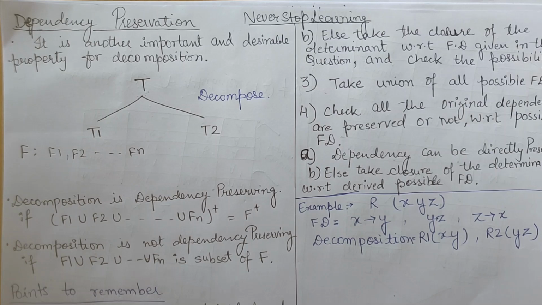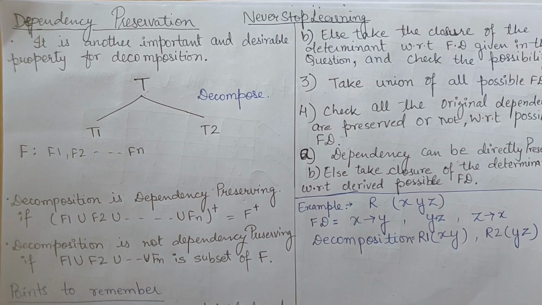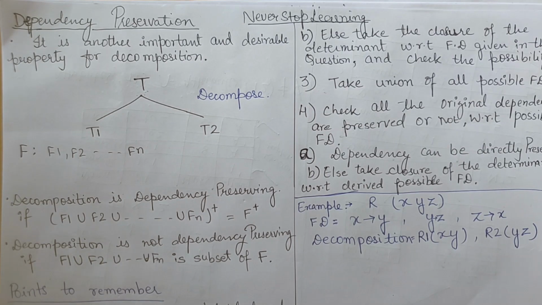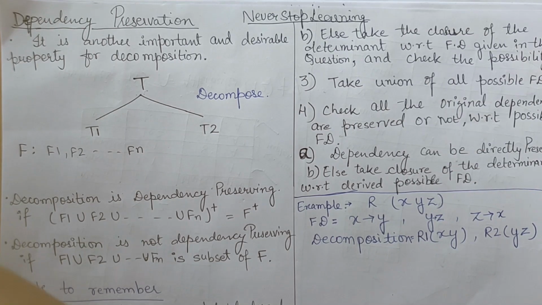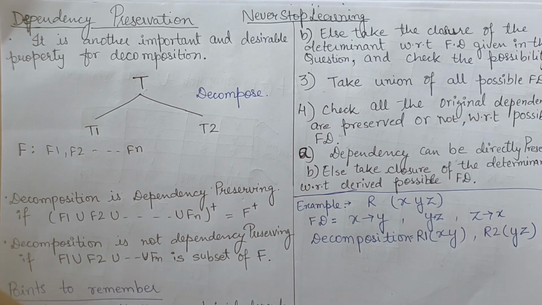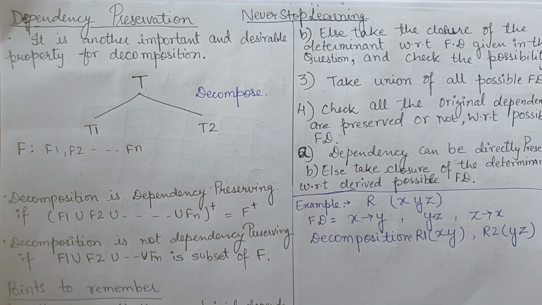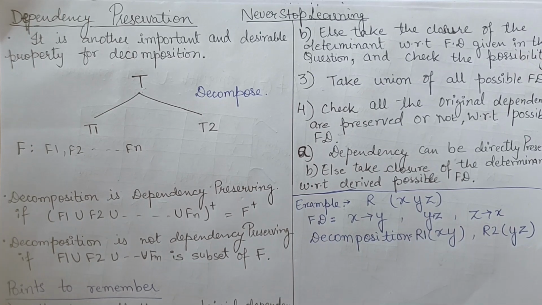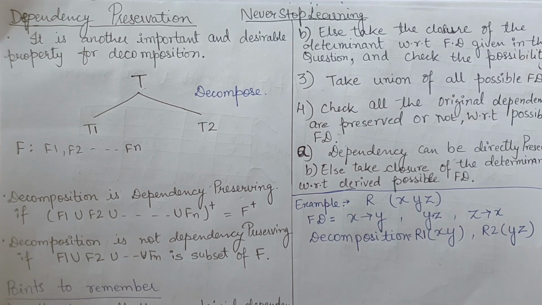In the earlier videos, we have already studied that if my table is not in the desired normal form, or if it contains any kind of redundancies or anomalies, we have to decompose the table. And in the previous lecture, I told you that decomposition must be lossless. So we have already discussed the lossless join property of decomposition, which is a mandatory property. According to that property, we cannot lose any information from the relation that is decomposed.